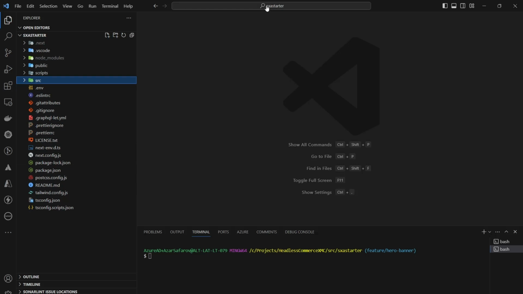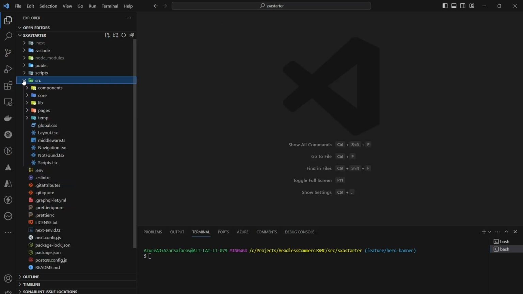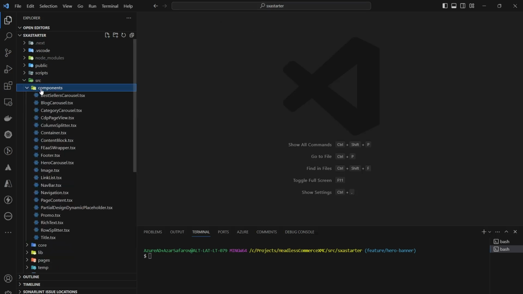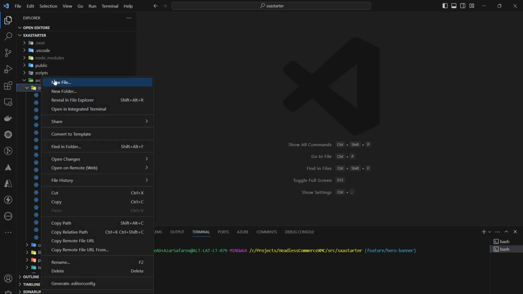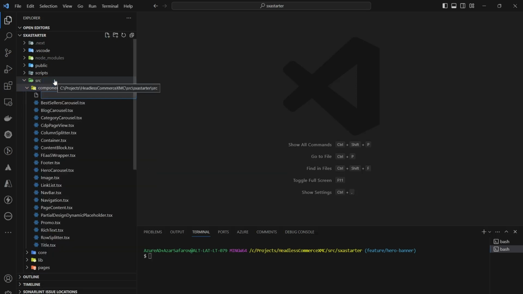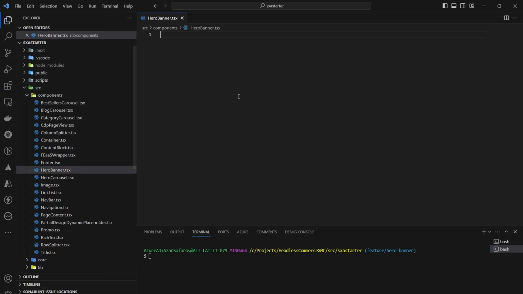So it's like SXA starter, the name of the folder. All Sitecore components are located in the SRC components folder, and we will need to create a new file. We'll paste the name .tsx. Now we have the name,